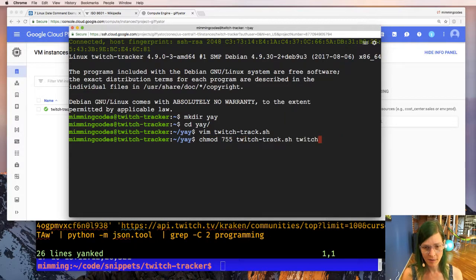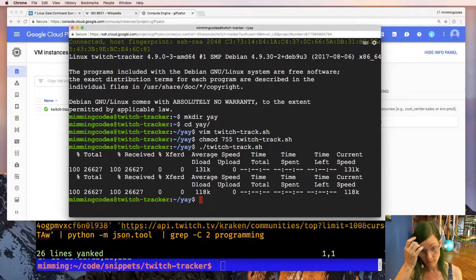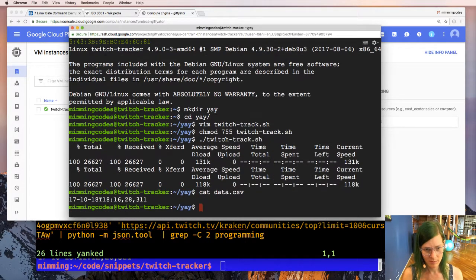So we're going to chmod it so I can execute it. Hey, it actually worked. Sometimes there's differences, especially because I did my development on a BSD-based system. A lot of these POSIX command line tools behave a little bit differently. And that's okay. Okay, so this is running.